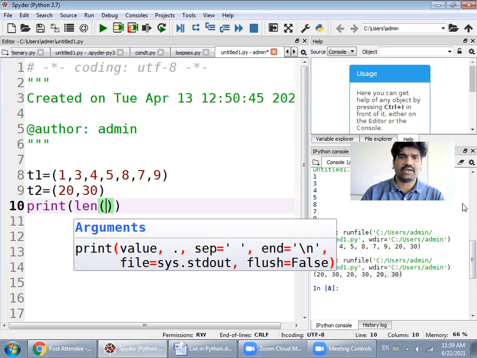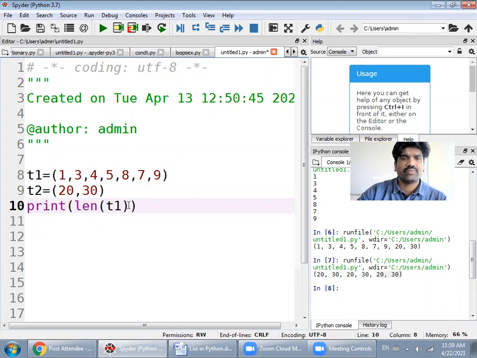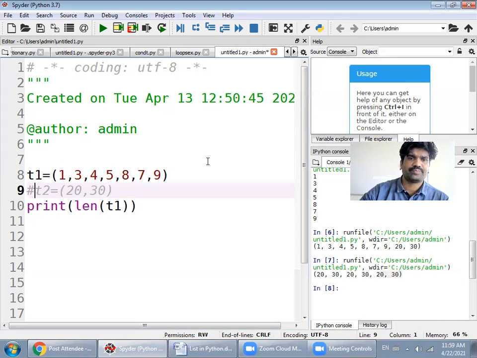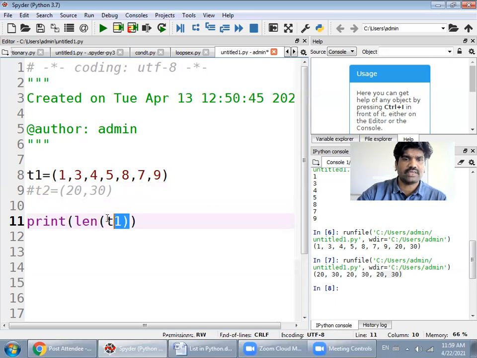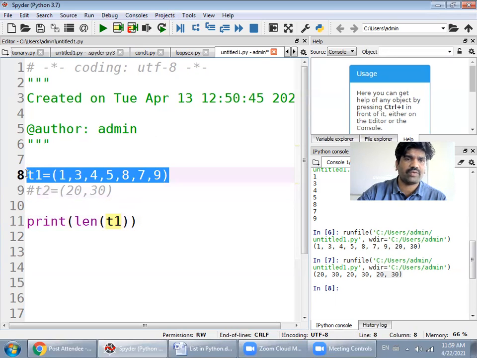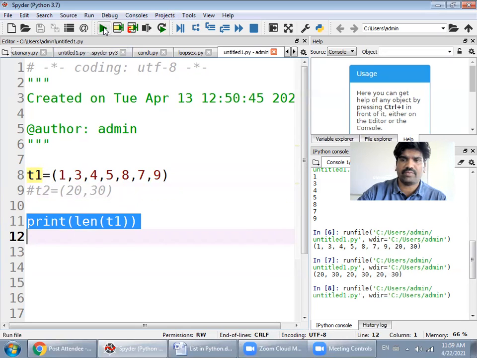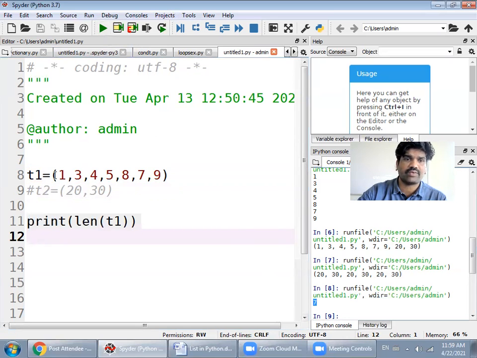In the len function we have to give the argument as a tuple, meaning the tuple whose length we want to find must be provided inside the len method as an argument. So here I put T1, meaning what is the length of T1. This function gives me the length of T1, so this will give 7. There are 7 items present in this tuple. If you want to find out the length of any tuple, then you can use the len method.